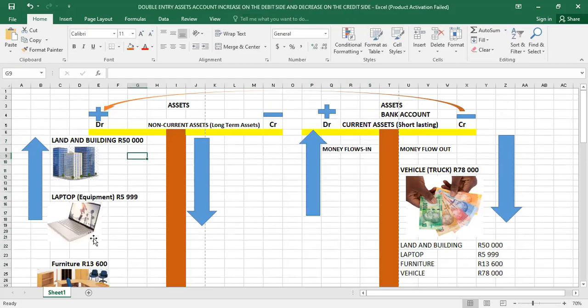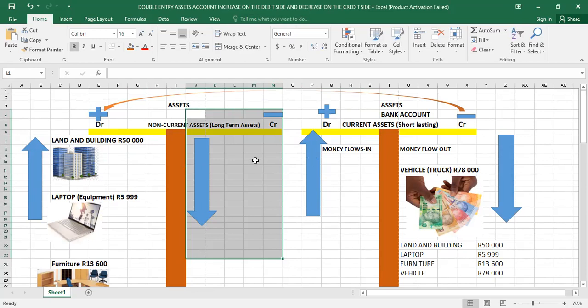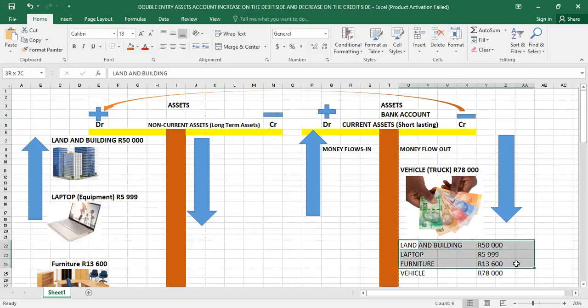We are going to be taking some of these assets, all of them, and then selling them. When we are going to be selling these assets, I'm going to tell you what we are going to be doing. However, let me just enlighten you a bit. When we are selling these assets, we are going to be recording them on this side. Once we record them on this side, it means they are flowing out from our business, and then we have to receive money. But by receiving money, I won't disclose that part. I'm going to disclose everything in our next video. Now, if you can check, I've already written all the accounts that decreased our business bank account.